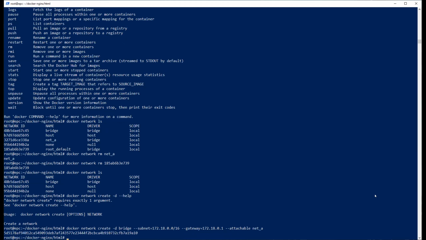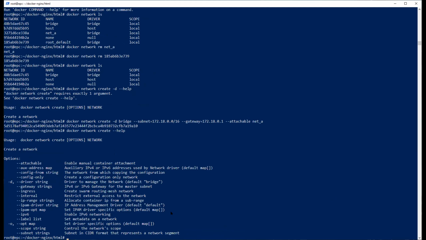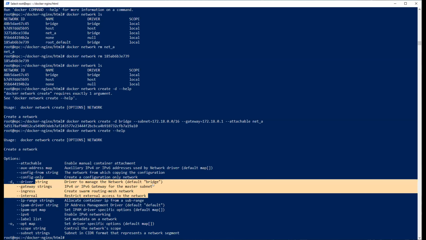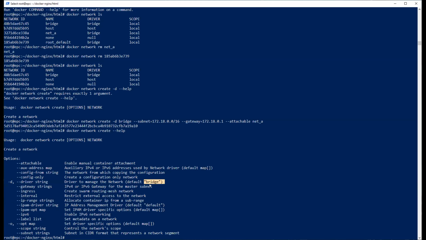Okay, if you remove -d before help, it shows options. Docker network create --help. Right, you can have some settings, IPAM drivers, but out of the box, it's not going to show you which drivers you're going to have. My point was to check which drivers you can use. But when you use -d, you're going to have to use driver, and then you're going to have to use something. I'm not sure if it only offers bridge, overlay and some stuff. There's a lot of things you can use here, and they are not out of the box. Nevertheless, now we created the network.